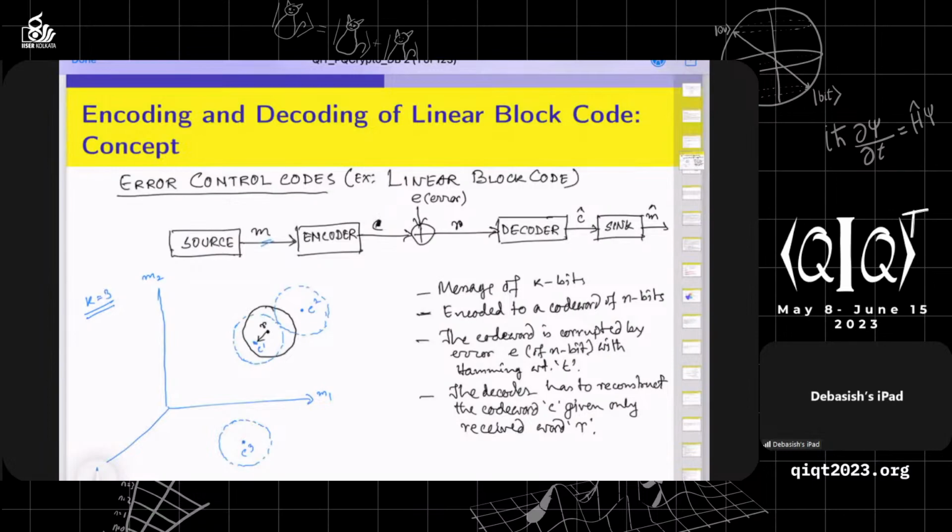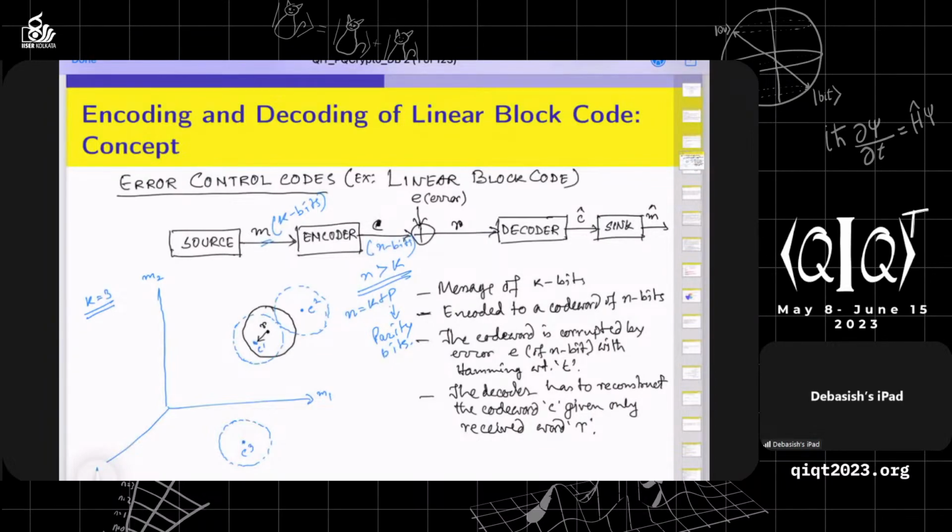The message M of length k bits is encoded into the vector C, which is n bits, and obviously n is greater than k. So basically I am adding some extra bits, with n equal to k plus p. This p is called the parity bits. The idea is that if my message of k bits is somehow corrupted,